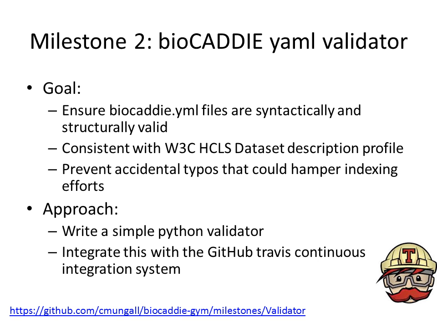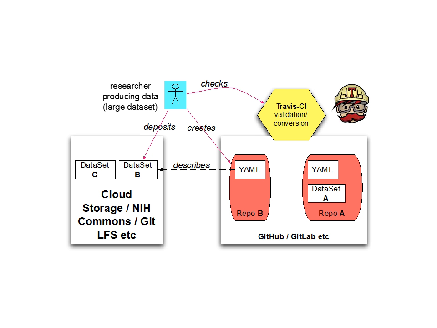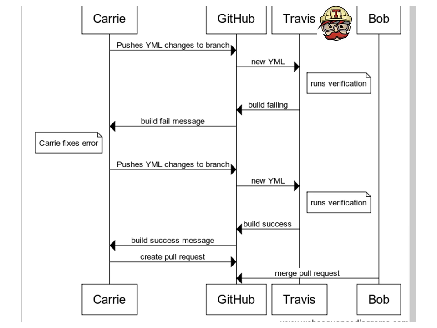So what we'll do here is write, probably in something like Python, a simple validator that will check the YAML files to make sure that they conform to the standard that we define. This diagram shows roughly how that would work, and there's a sequence diagram as well that I won't go through step by step.